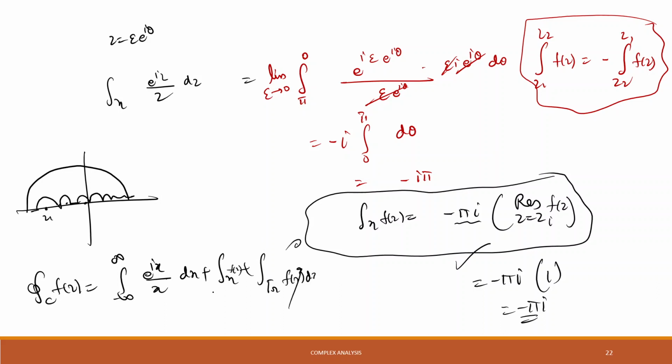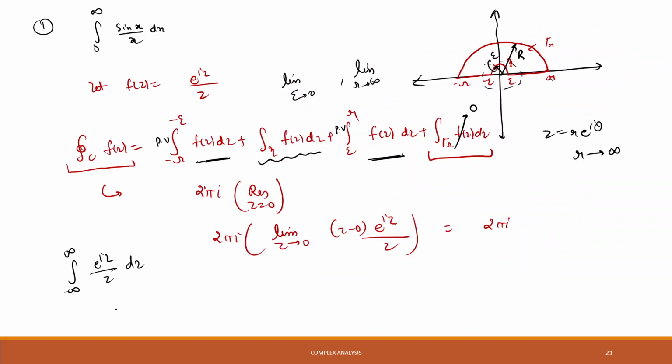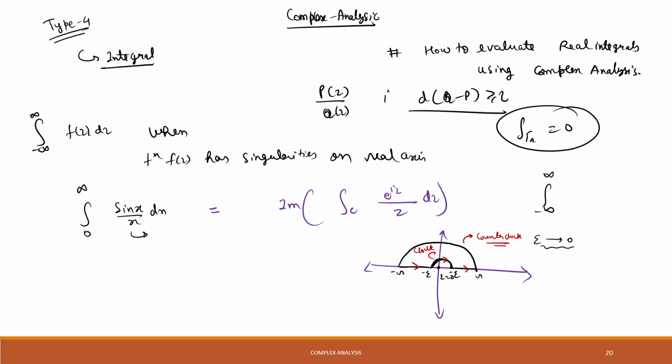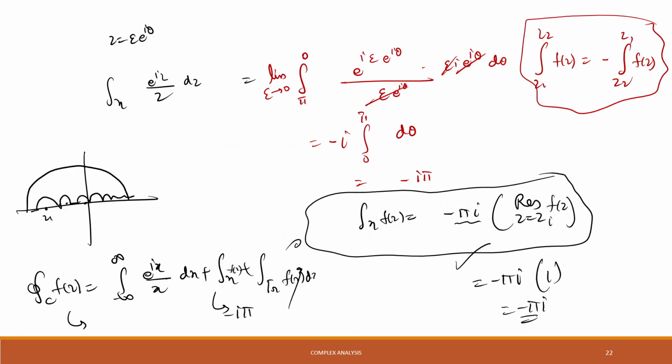This will be 0, and this we got is minus iota pi, and here we have got the integral as 2 pi I. This is 2 pi I. All right, so on applying this we will get